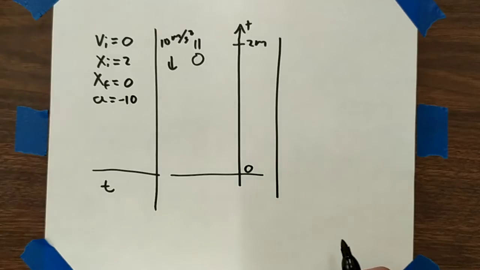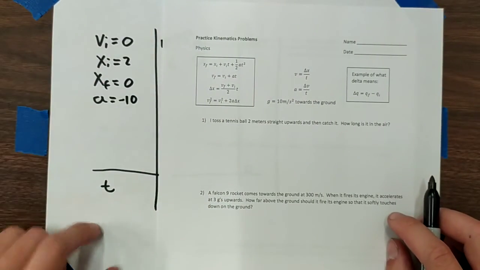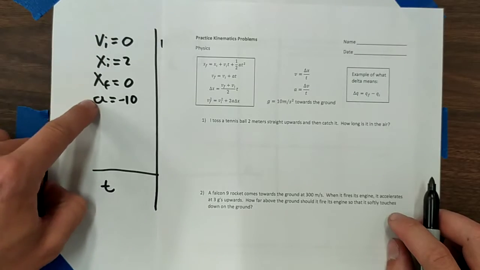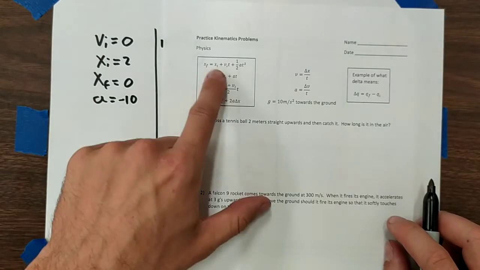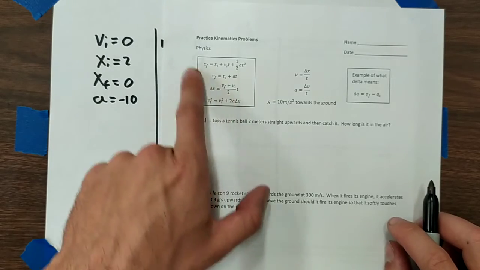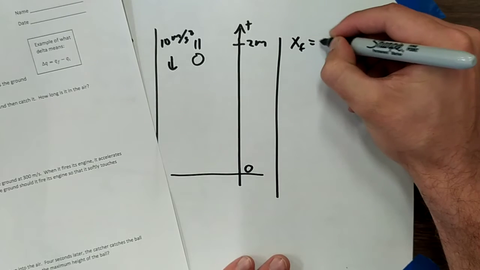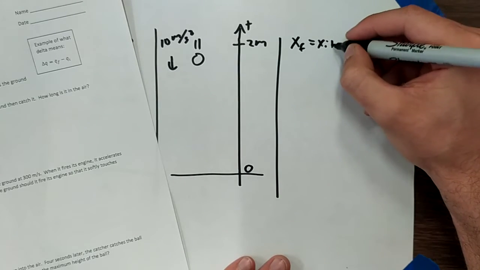All right. So now I've got to find an equation that ties these things together. I've got v initial, x initial, x final, a, and t. I'm looking for an equation. The last three have v final in it, so I'm not going to use any of the last three. I'll use the first one. So we're going to say x final is equal to x initial plus v initial t